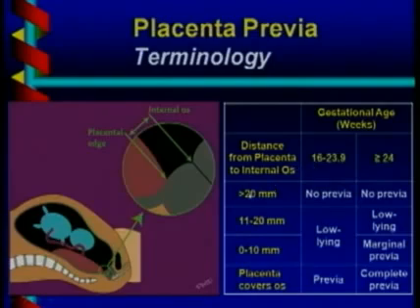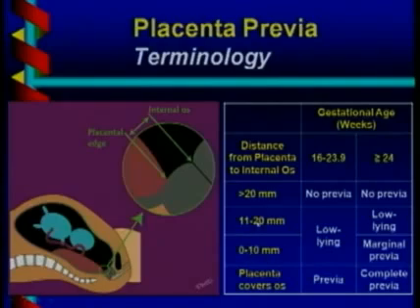If the distance from the internal os, from the placenta to the internal os, is over 20 millimeters or 2 centimeters, then we say no previa at any age, 16 to 24 weeks or more than 24 weeks. If the placenta completely covers the os, we call it a previa or a complete previa in those situations. When it's close, but not there, so when the distance from the placenta to the internal os is